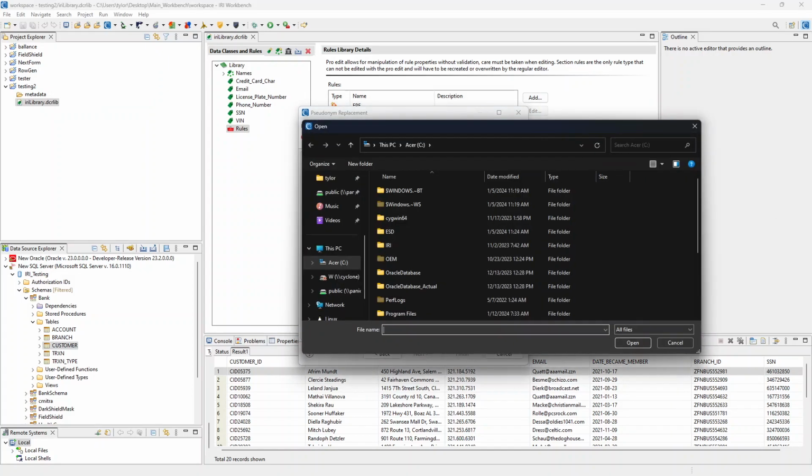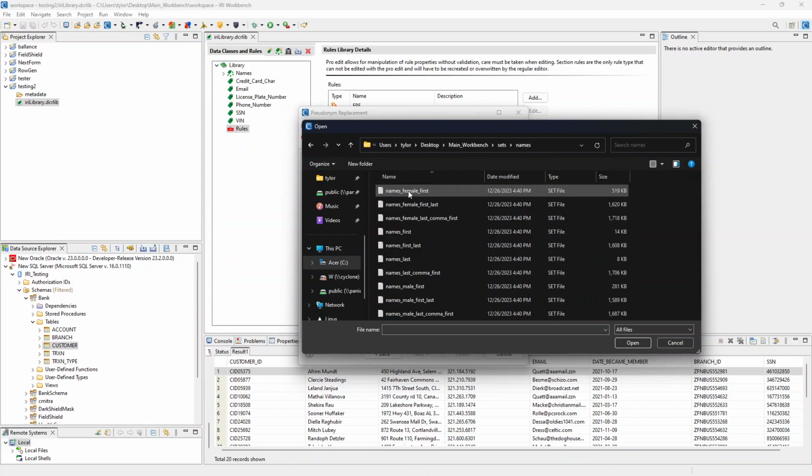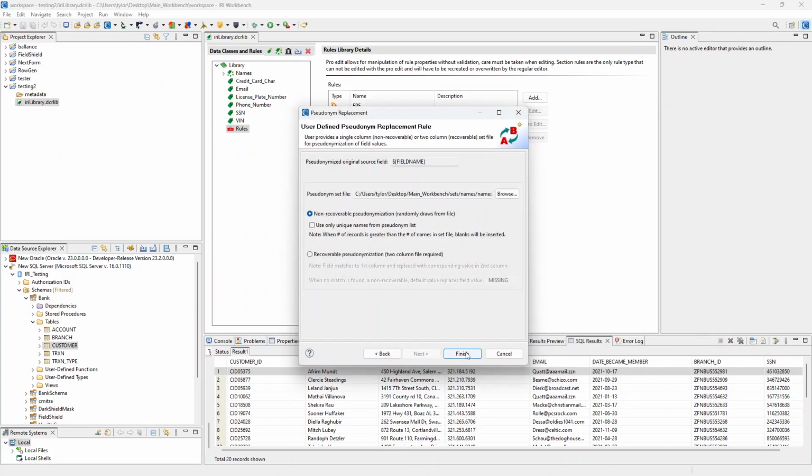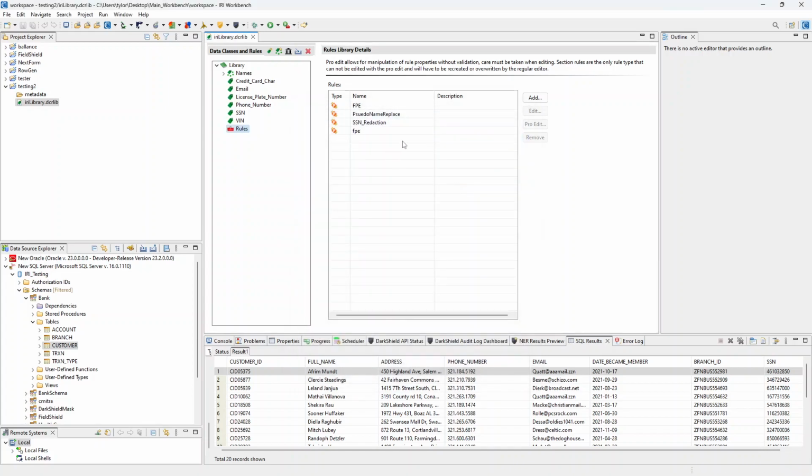We'll select Browse, and we'll go ahead and browse to where our workspace is, which is right here. And inside of our workspace, we ship with these sets, and inside these sets is a names folder. And I'm going to do this names first and last. I'll select OK, and I'll select Finish. Now we have 3 brand new rules that we created, and the one rule that was here when we created